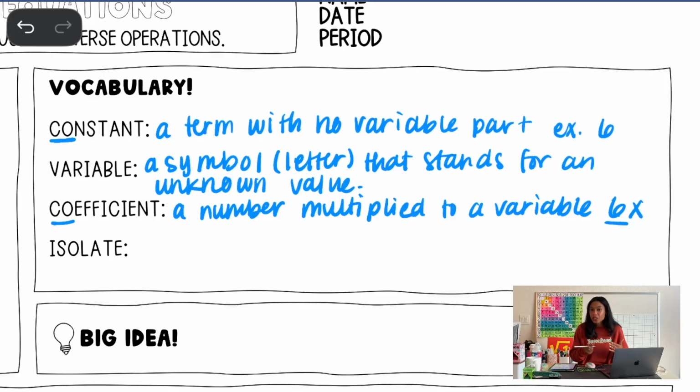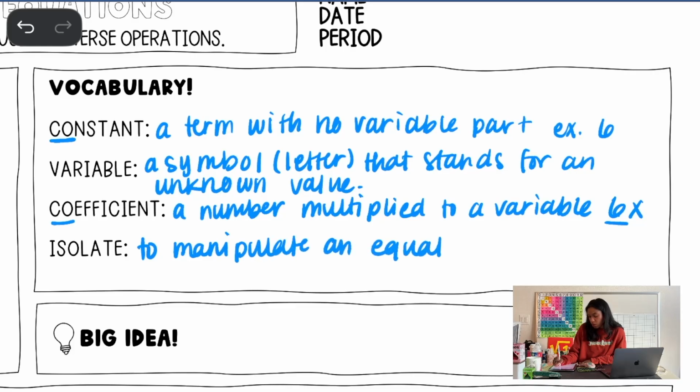We're using the properties of equality. So we're continuing to have these statements of equality, this balanced equation, but we are manipulating the equation so that the variable is alone,